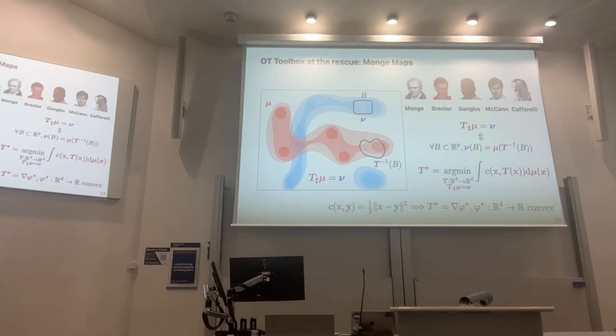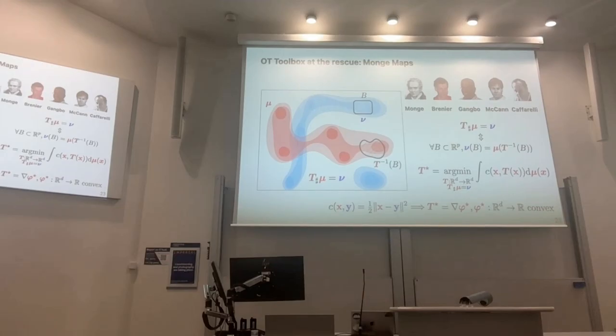The result by Brenier, I think it's a beautiful result, says that in optimal transport, if you're comparing two distributions that have some density, and you set the cost to be the squared Euclidean distance, which is going to be 99% of our life,